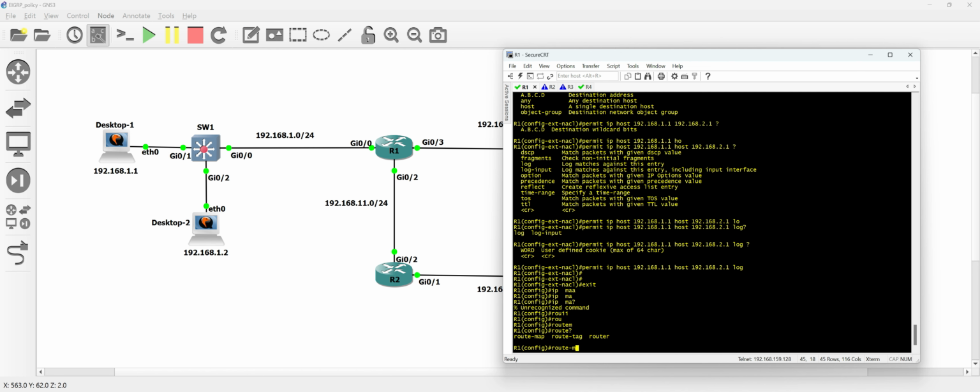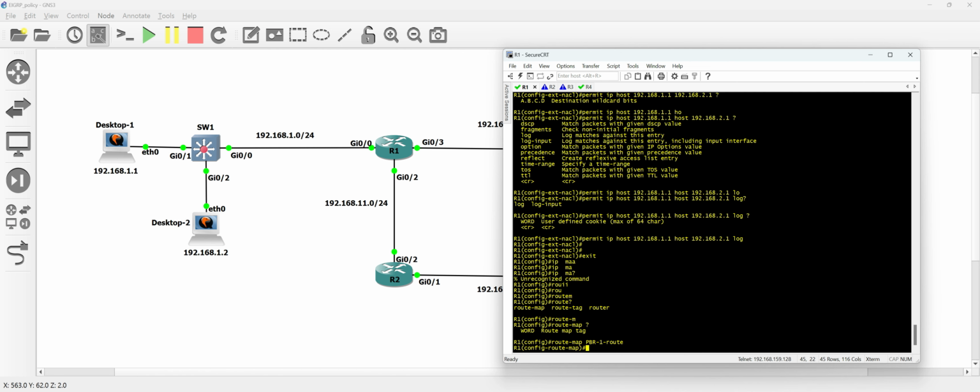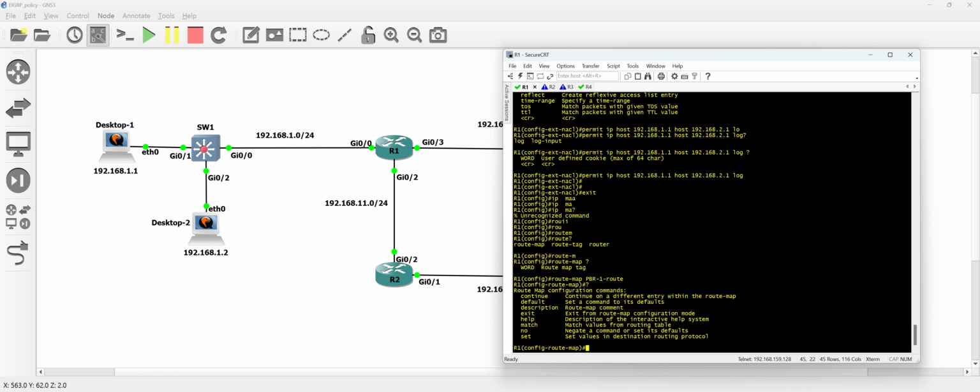Route-map PBR1-route. Inside here we need to say what to do, right? So match